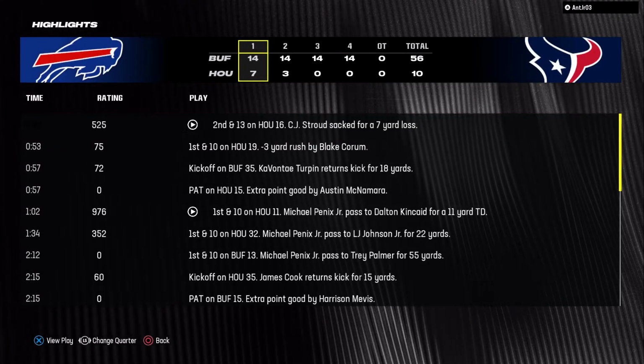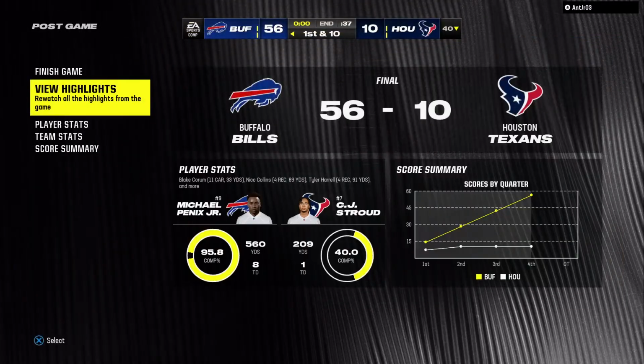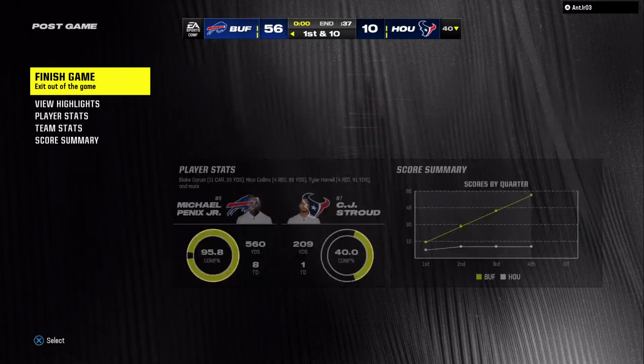So for Buffalo, they continue to cruise as they move to 8-0 now on the campaign. And they'll get another road date next week as their opponents will